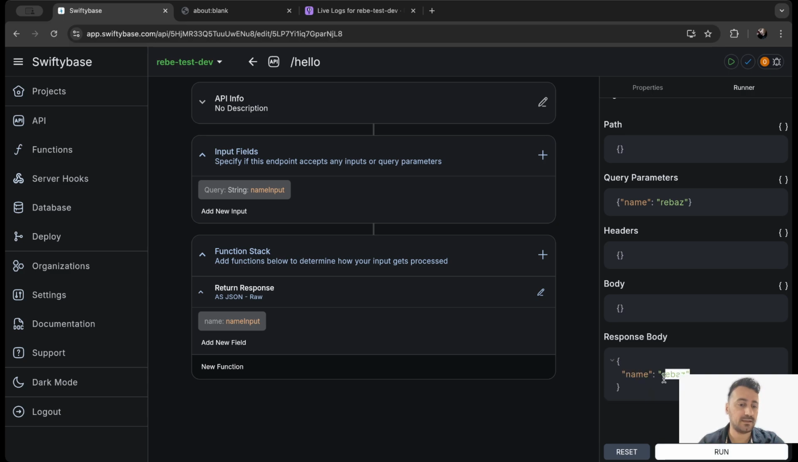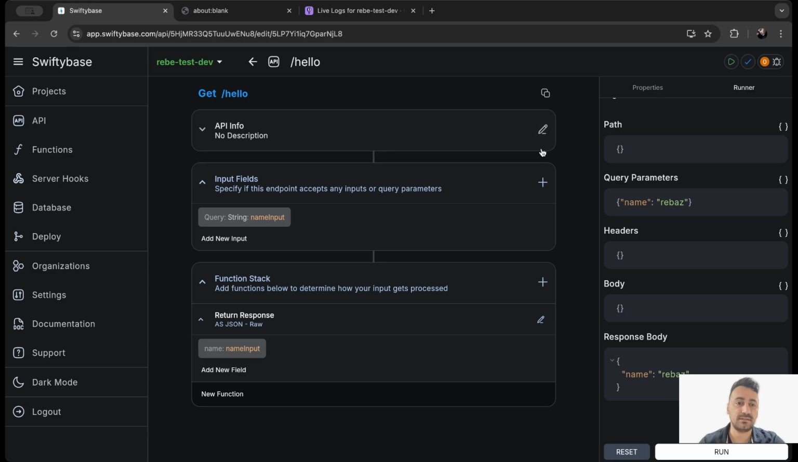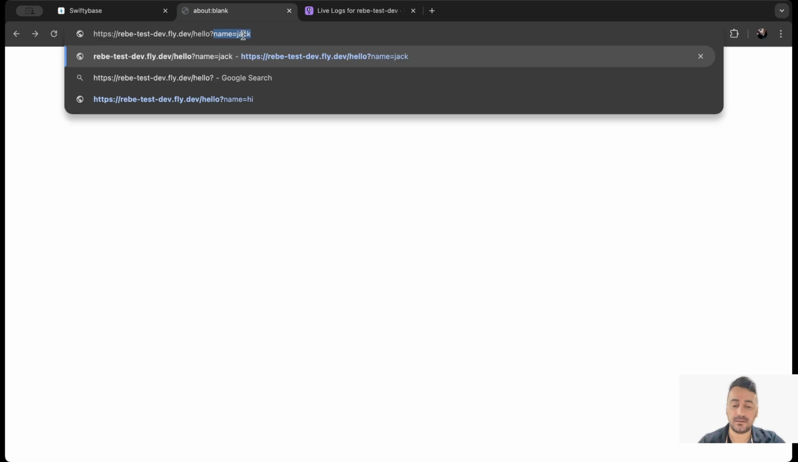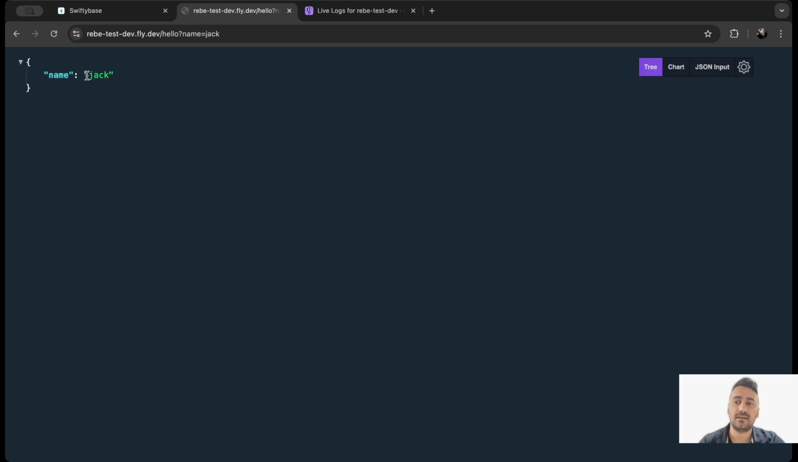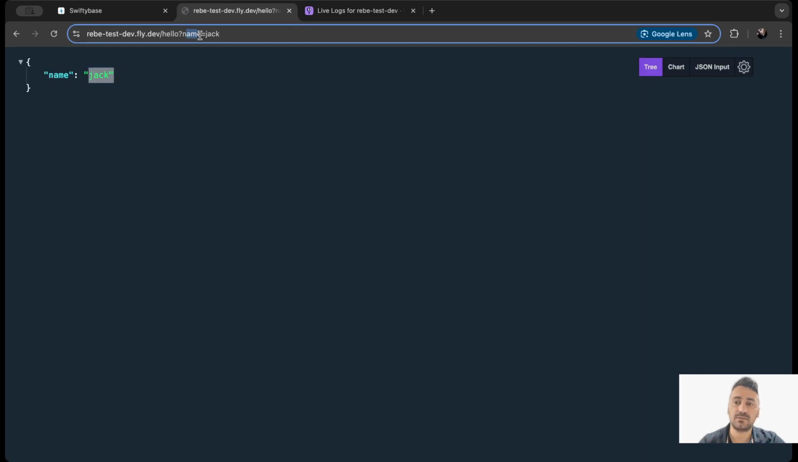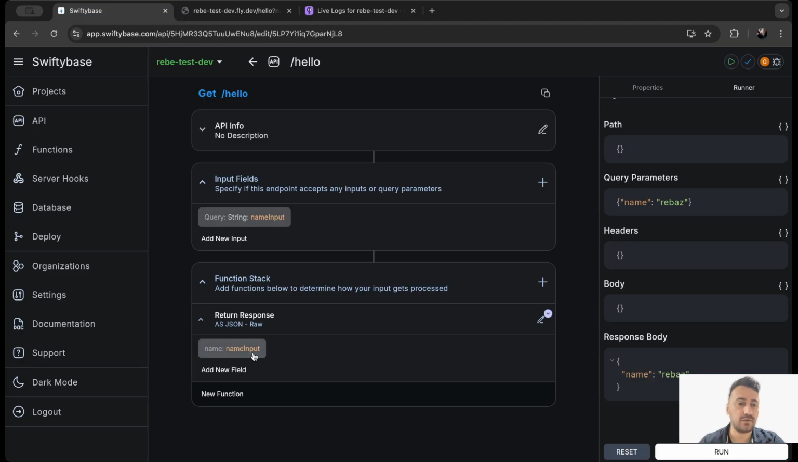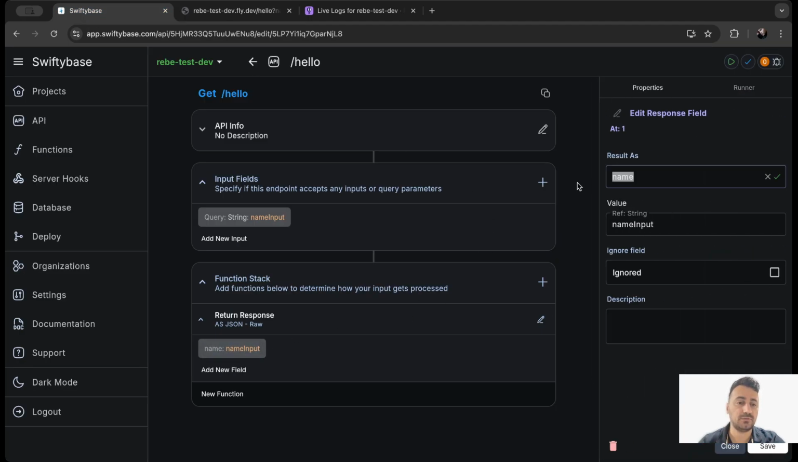So let's add name in advance and run. We get a value. If we check this inside the browser, we can copy the link in here and add the name. We can see it returns the name, because inside the query parameter we provided this value and we provided it as a name. For example, we could change it to result